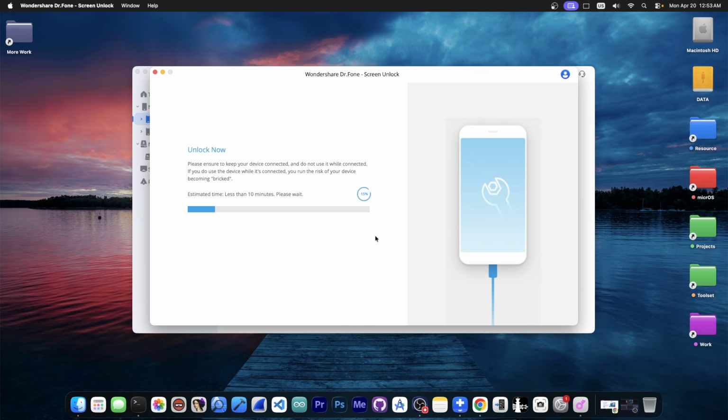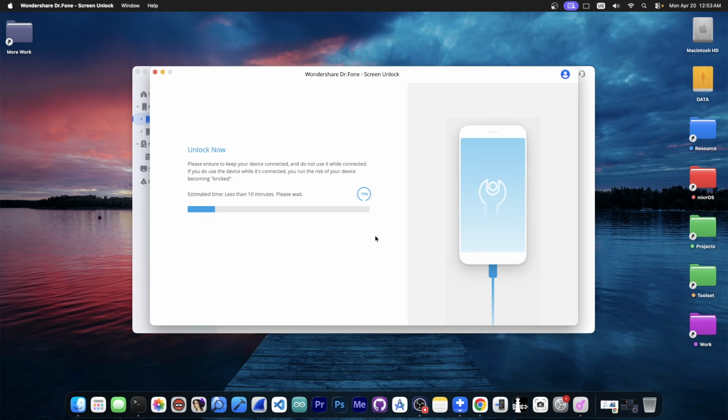Your device will reboot a couple of times and it may show the Apple logo and the progress bar. That's perfectly normal, and once it finishes, you don't have to do anything at this point. The program will take care of everything. Once it finishes, it just boots to the hello screen where you can configure your country, your language, your Wi-Fi network, and of course if you have FMI on, Find My iPhone, you will have to input your Apple ID and password and go through the setup. So I'm going to wait for it to complete, as it may take a while, and I'll be right back